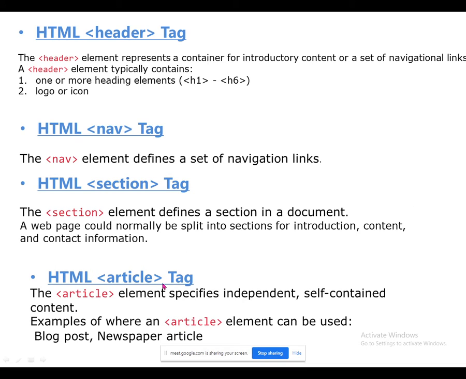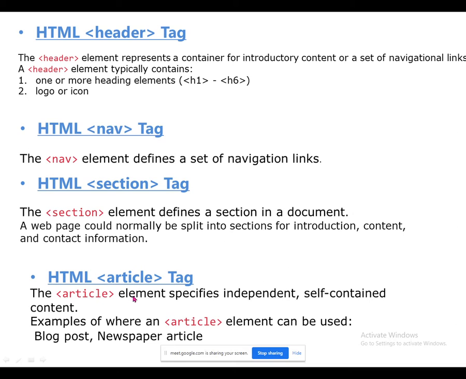Next is article. After creating sections, if you want to add some article, like here the blog post is given as an example. An article may be anything, as the name is clear: such information as a blog post or newspaper article. For that information you can add an article element and add your information under that tag.